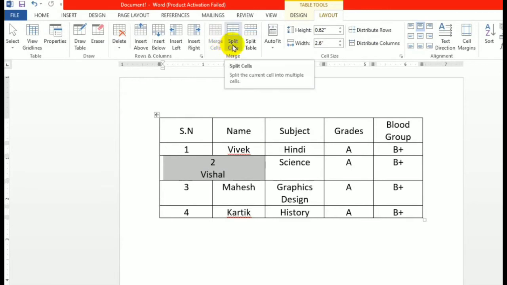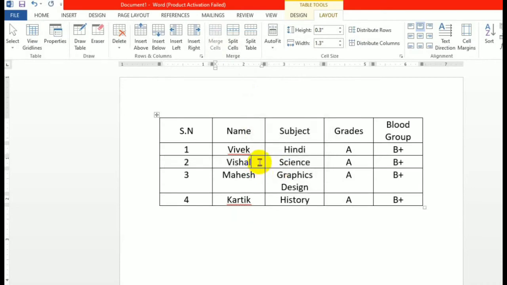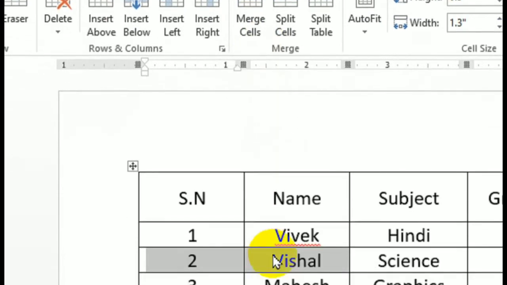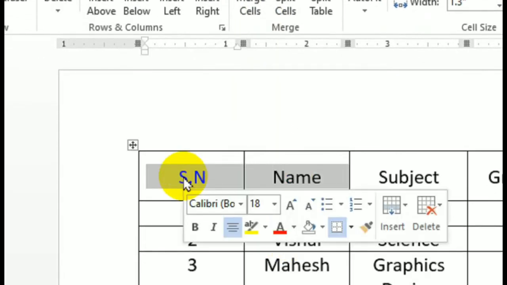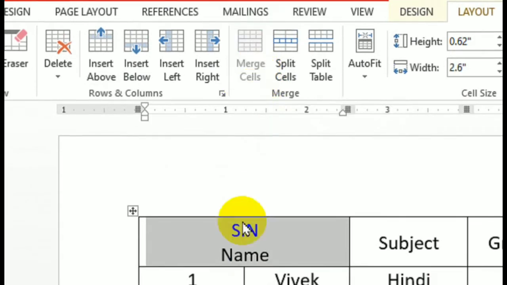This is the way to merge, and now we want to split them. That means if a cell is a single one, we want to unmerge it, or split it. Just select that particular cell and click on Split Cells. Here again I'll show you the example: serial number and name merged here.